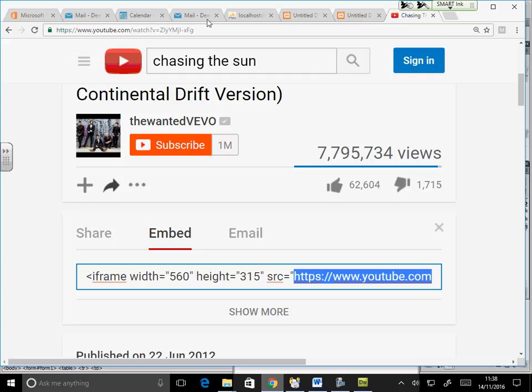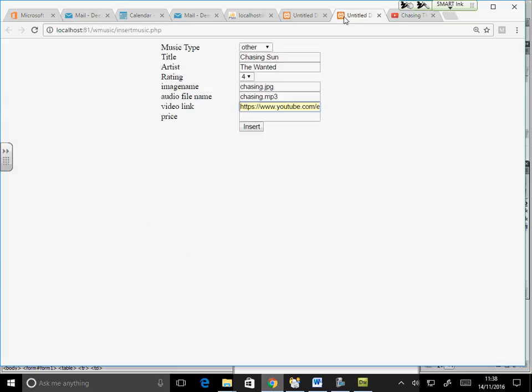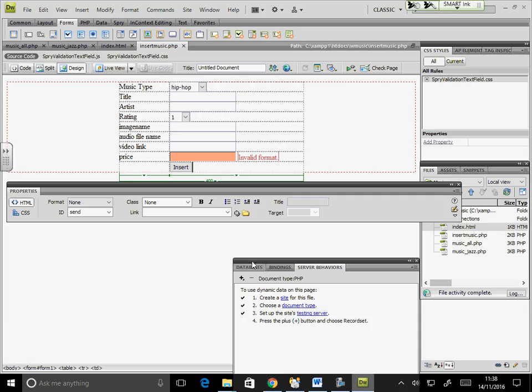So once you've done that, I can just hit submit. My form's just gone, obviously because it's gone in and there's no error, and it's coming back to the same page again. That's why you don't see it. No, it will not work. What have I not done? I've created the form, but I've not linked it anywhere with my database. I didn't say which table. So what is missing?